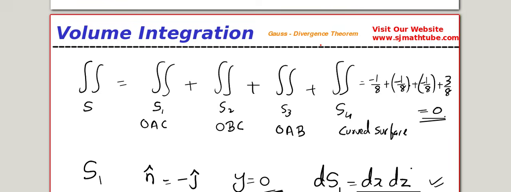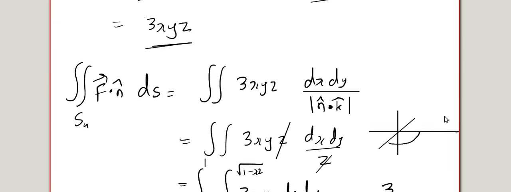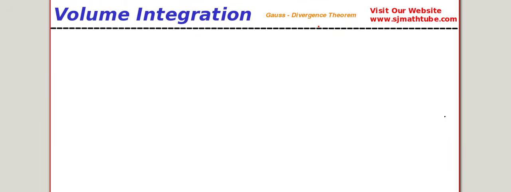So that's it. It's a little bit confusing. So I'll try to be back with one more video, and I hope you'll get a better explanation there. So the only thing you have to be very careful about is when you are dealing with curved surfaces. When you want to evaluate a curved surface integral, you have to project it into the xy plane or yz plane or zx plane and